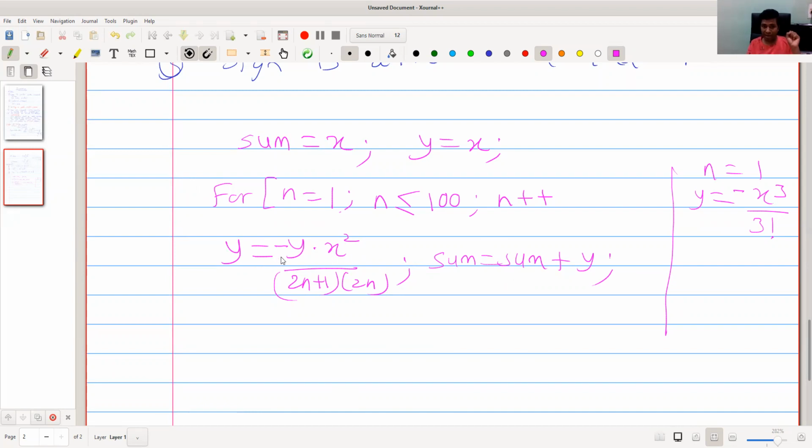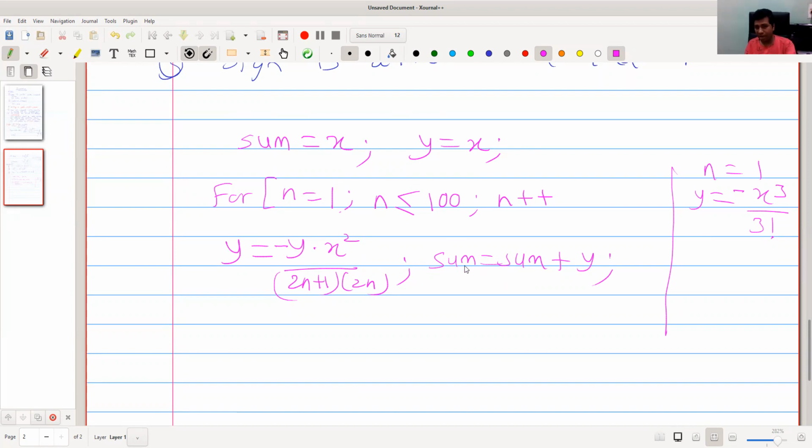Okay, this is assignment. Whatever is on the right hand side is computed first. The left hand side is not of our interest. First we compute the right hand side. So what is y? y is minus x into x square, that is minus x cube divided by 3 factorial. It is computed first and it will be assigned to y. That means the old value is changed with the new value.